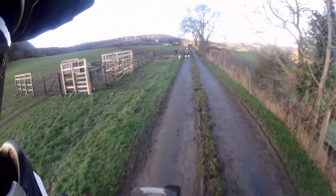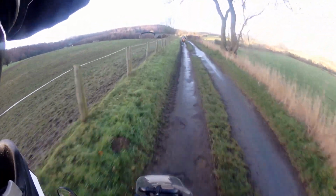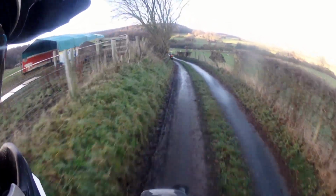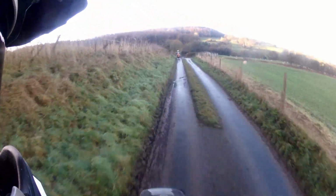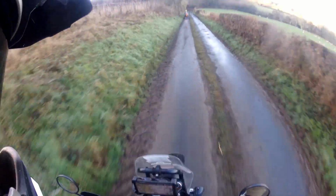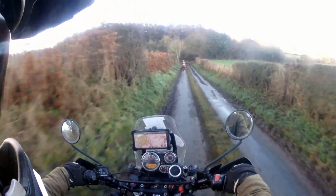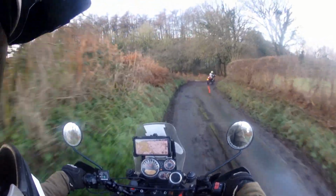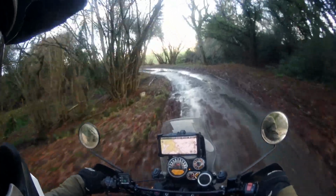I've just got to remind myself not to... I was in Broxton the other day at the start and I just rode right in the middle and it was so slushy I nearly lost my front end. I just need to remind myself that it's not somewhere to ride anymore. Yeah. Just wet as anything. That's it. I bet it's like an ice rink down here when it's...